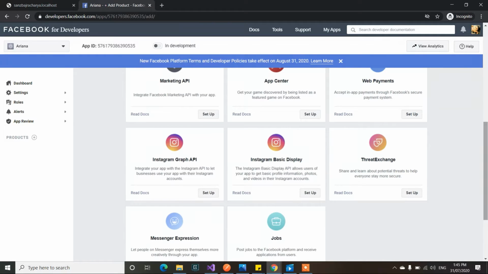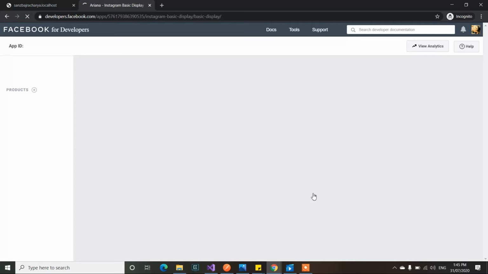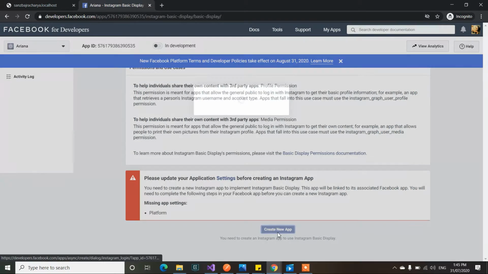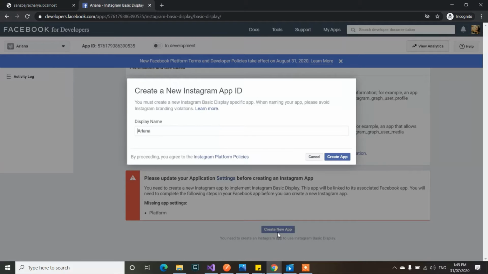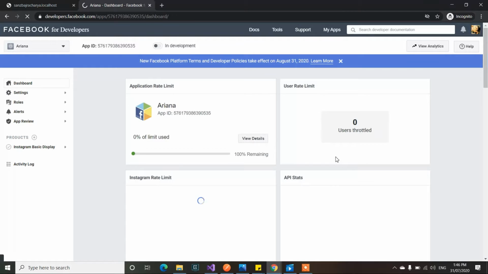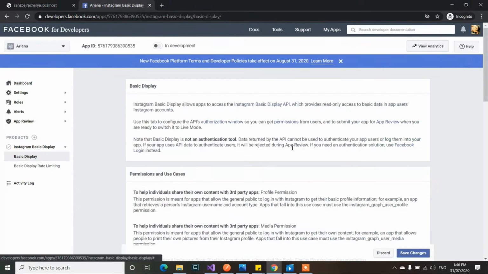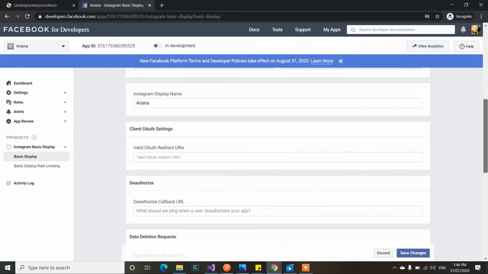So what we need now is Instagram Graph. Not this one, sorry, it's Instagram Basic Display. So just click set up and scrolling over here, create new app. Yeah, create app. Okay, so if you click on the basic display and scroll down,